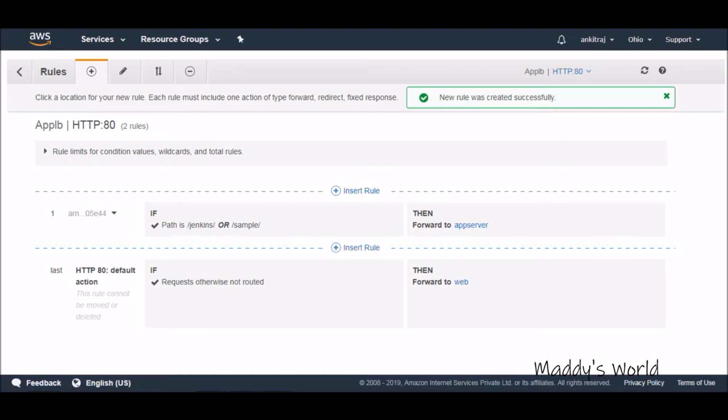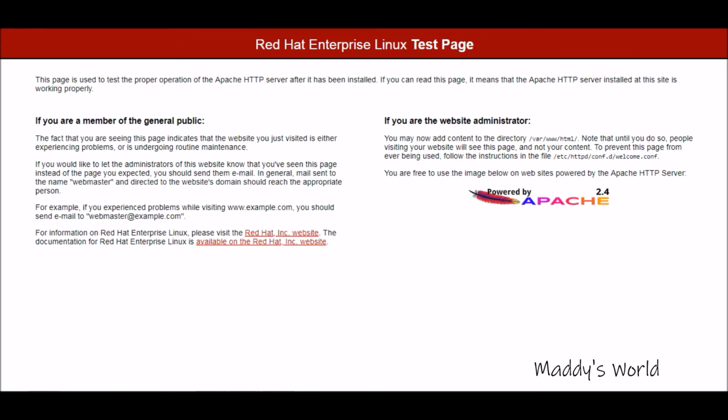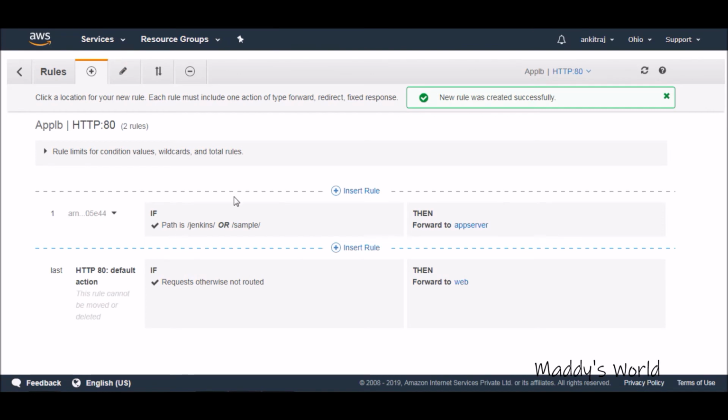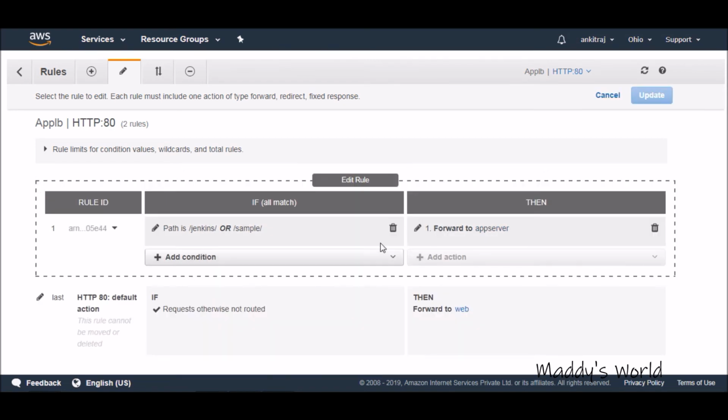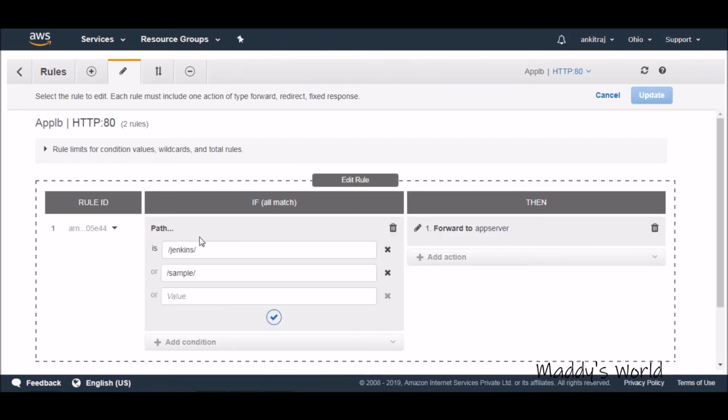So let's take the LB now. I think we already have the LB here, right? If you hit Jenkins here, it should redirect us. It says URL not found. So let's go here and edit the rule again. Let's say Jenkins only, sample only.